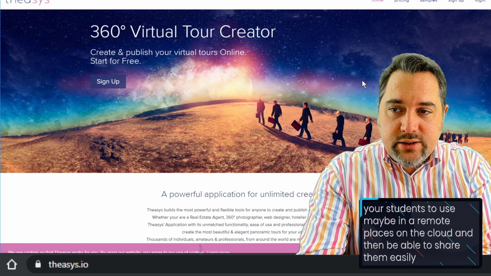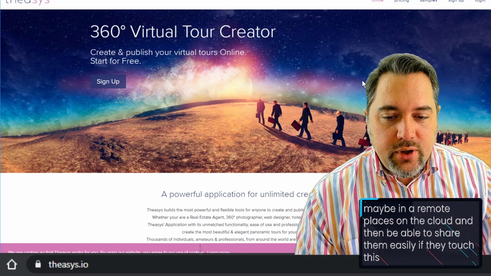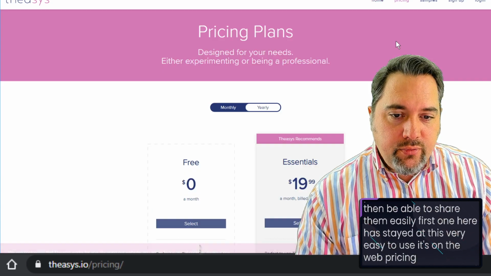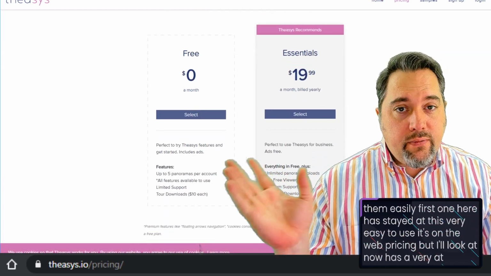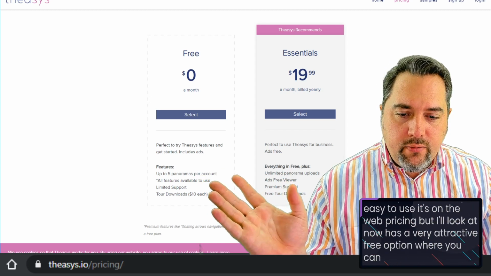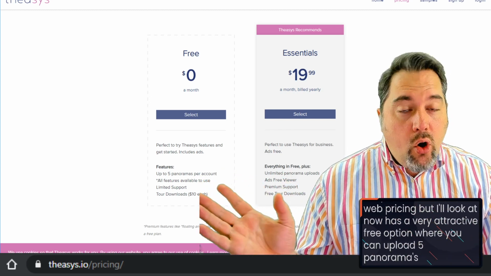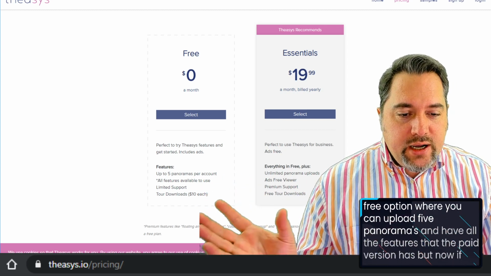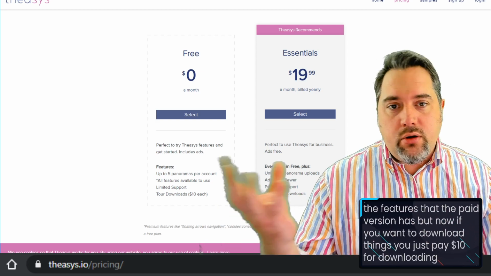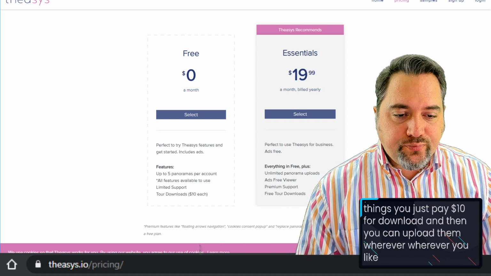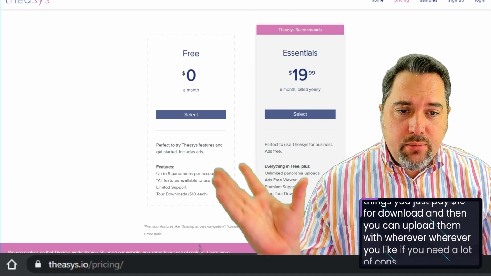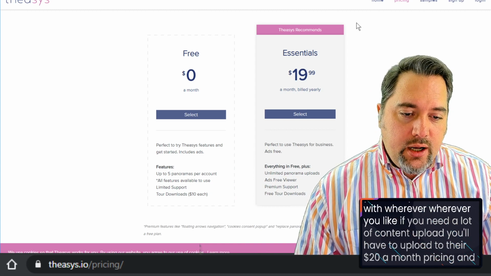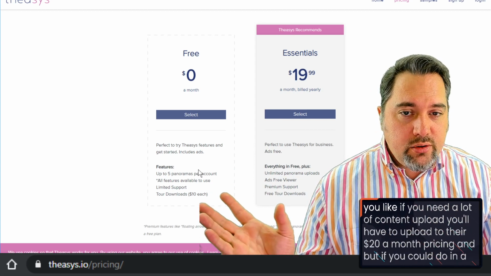First one here is Theasys. Very easy to use. It's on the web. The pricing, if you want to look at now, has a very attractive free option where you can upload 5 panoramas and have all the features that the paid version has. But now, if you want to download things, you just pay $10 per download, and then you can upload them wherever you like. If you need a lot of content to upload, you'll have to go to their $20 a month pricing. But if you're doing a small student project,